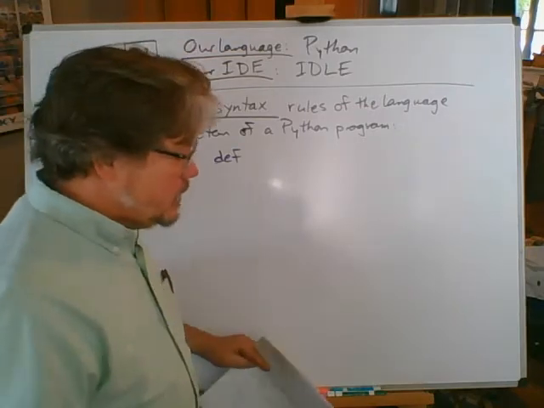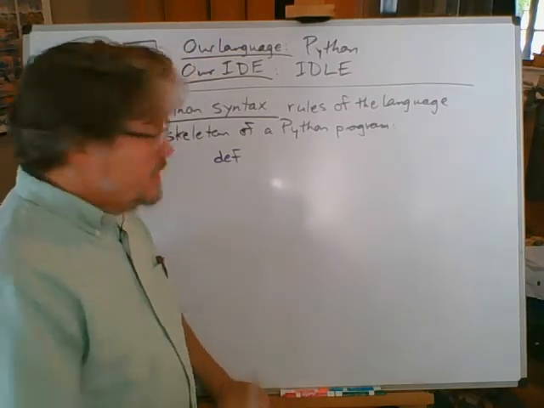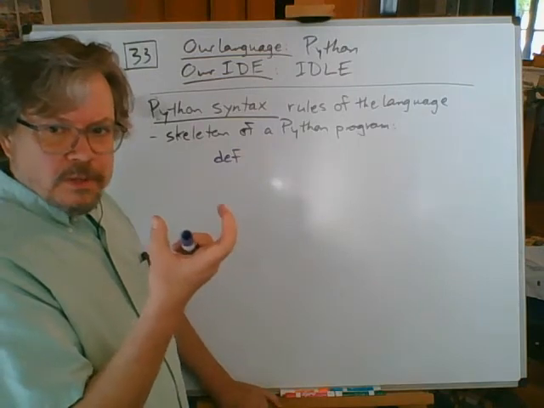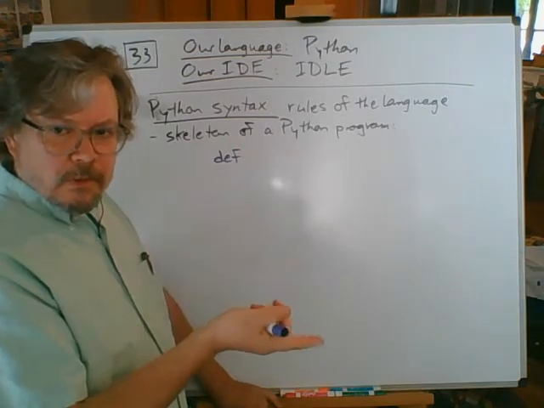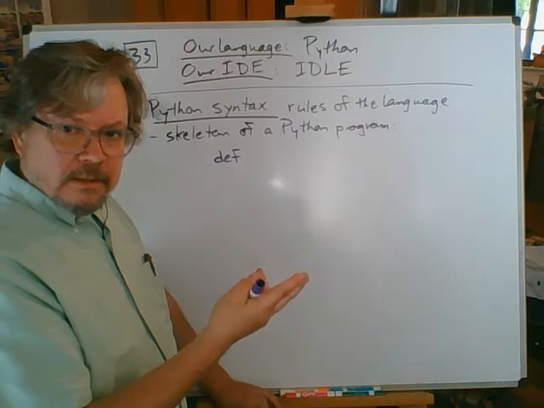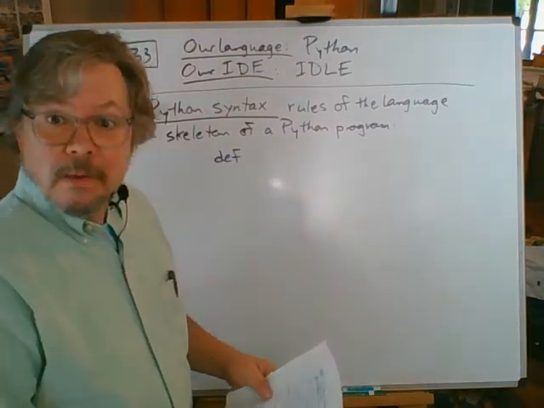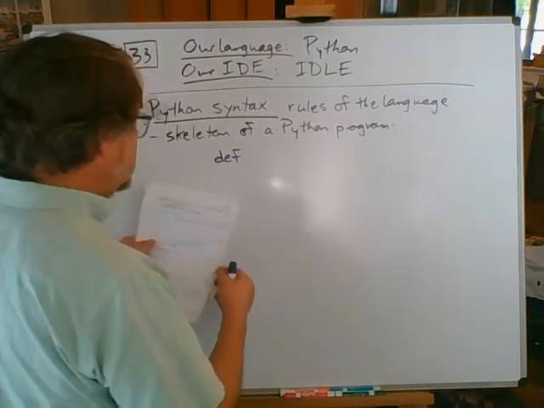Python is what we in the biz call case sensitive. DEF is a completely different word, different token, different symbol than if we use a capital D or a capital E or a capital F, anything like that. So if you don't spell it exactly like this, Python's not going to know what you're saying. See what I mean? It takes everything extremely literally.